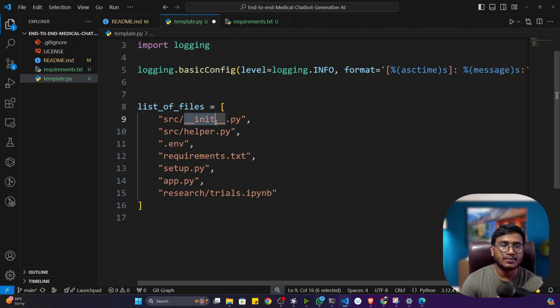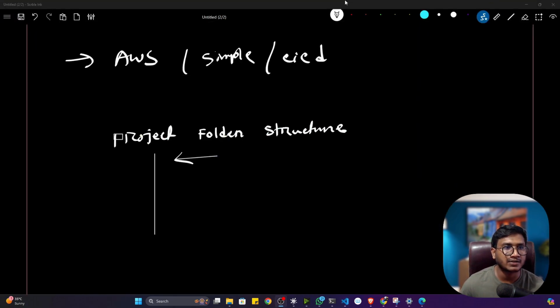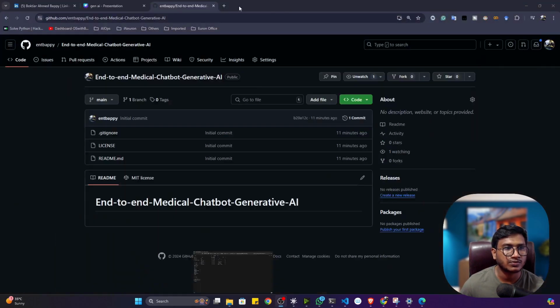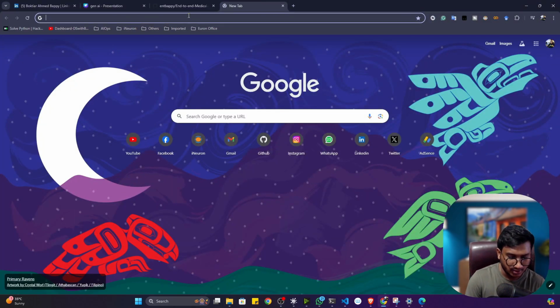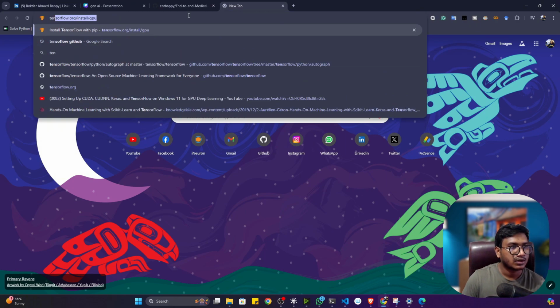A constructor is a special method, let's say a magic function, that can execute automatically inside OOP. But you can also create this constructor as a Python file. If you open any kind of end-to-end project, let me show you. If you go to any end-to-end repository, let's say I open TensorFlow